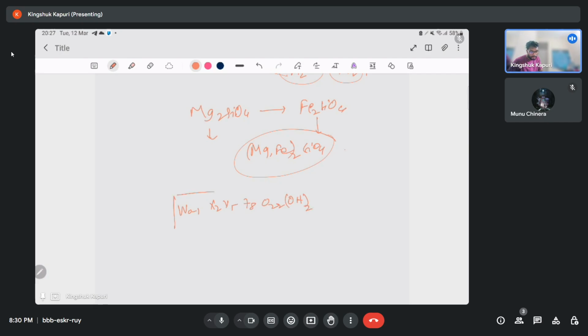W0 to 1 X2 Y5 Z8 O22, दिस इज योर जनरल फॉर्मूला फॉर एम्फीबोल, राइट। सो यहाँ पे M1 M2 M3, ये सब कोऑर्डिनेशन साइड रहते हैं, मतलब ऑक्टाहेड्रल के अंदर तुम्हारा M1 M2 M3 और ये सब पार्टीशंस रहते हैं, ठीक है। तो OH एक फंक्शनल ग्रुप हो गया, ये एक अलग साइड में जाता है। तो इनके लिए तुमको डिटेल्ड स्ट्रक्चर, मतलब यू कैन नॉट कोरिलेट, इसको तुमको डायग्राम दिखा के समझाना पड़ेगा।